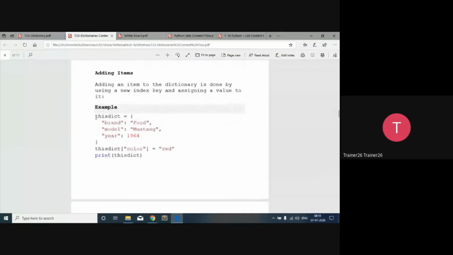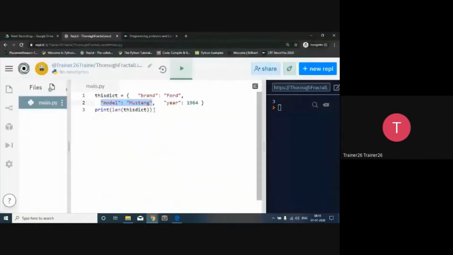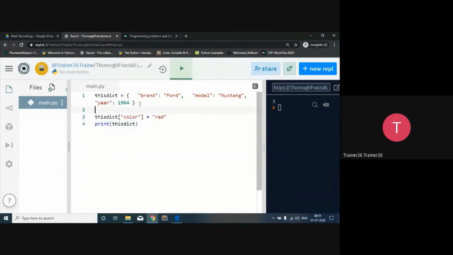So right now we want to try to add one more key inside it. So let's do it. Basically, as you can see, before this thing, let's print the dictionary.